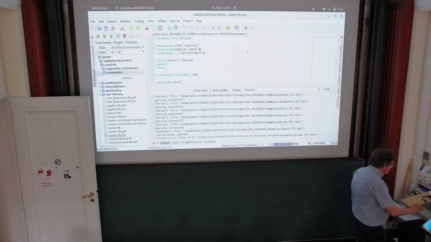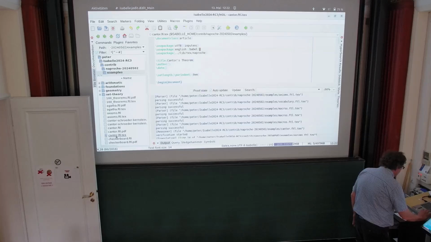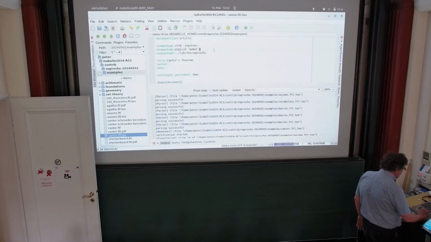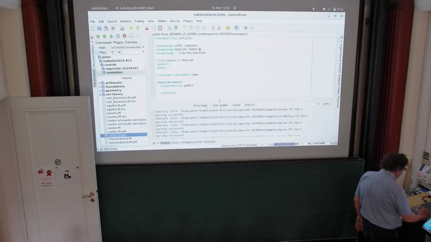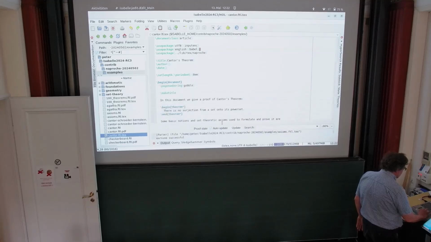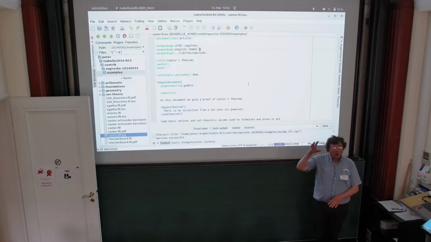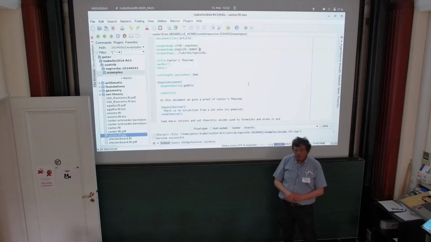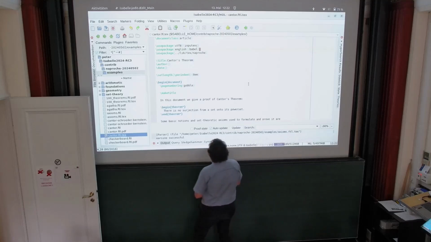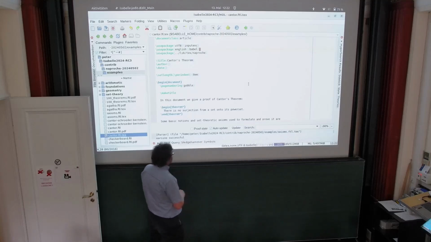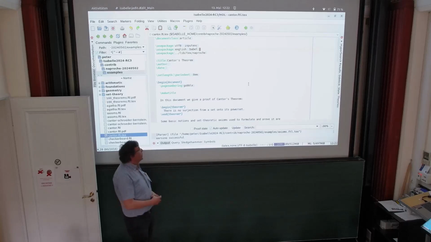All right, so here's our Cantor file. And ideally, I should scroll down. I would like to show you more of this file. And you can see here that around these formal bits, which are the officially formal things, I can put other LaTeX stuff to make this into a mathematical article.